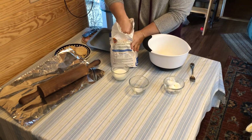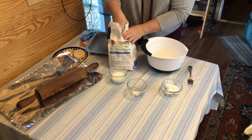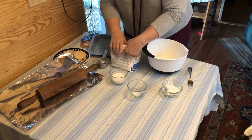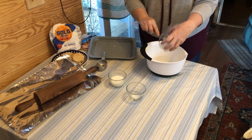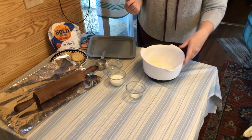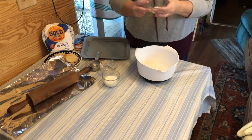First we're going to start with 1 cup of flour. This is really easy, and the kids could even do this for you or with you. Okay, so we got a cup of flour, and then this is 4 tablespoons of Crisco. I really like butter flavor, but I didn't have it, so this is what I got because we're not supposed to leave home. Okay, so we're going to do that, and then this is like a half a teaspoon of